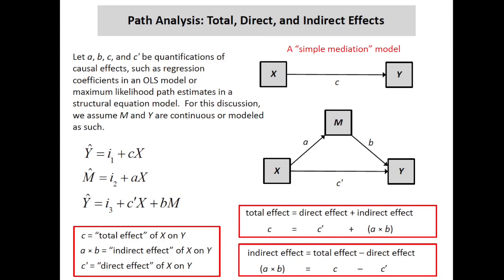I want to spend some time going over some of the mechanics of path analysis. This is important because when we get to the end where we start integrating mediation and moderation, we're going to have to play around with regression coefficients that are estimated in a variety of ways. So a very rudimentary primer right now on path analysis. So here's our simple mediation model, and up here I've placed an even simpler model without a mediator in it at all.